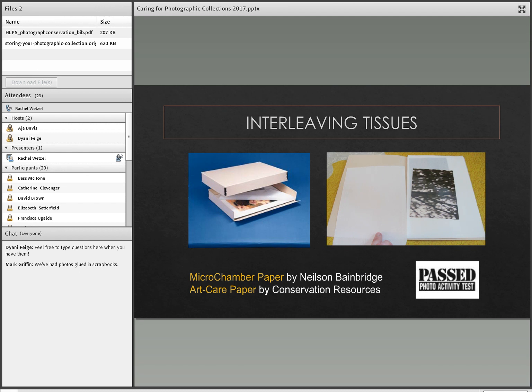And then interleaving tissues. If you're using these horizontal boxes, it's a good idea to not have these photographs sitting one on top of one another, because if you do have changes in your humidity, which let's be honest, we all do, the photographic emulsion can get sticky and you might have one photograph stick to another. So the way to get around that is to put an interleaving tissue in between each photograph. And that also helps to protect the photographs when you're handling them, getting them in and out of the